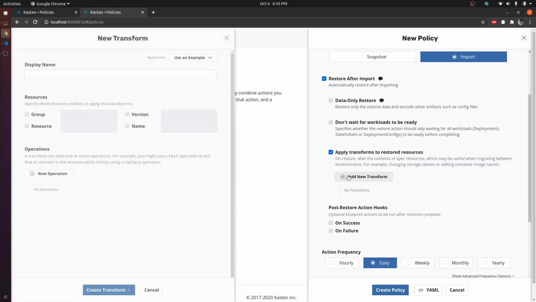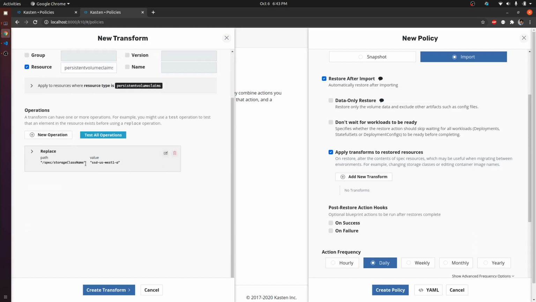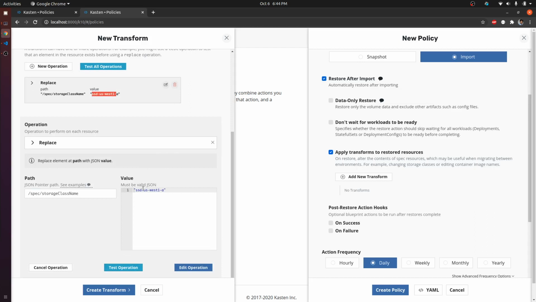And if I click on add new transform, and you don't exactly know the syntax for a transform, you can use an example for storage class. And this is the transform that is going to be applied, but we don't want this storage class, right? We want the storage class that is there in the target cluster, and that storage class is managed premium.